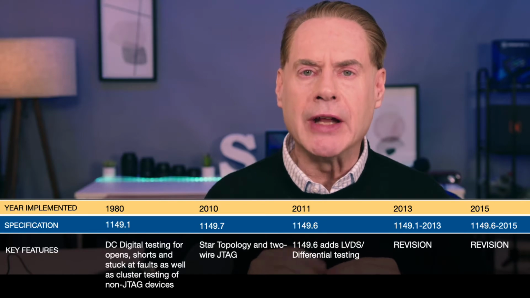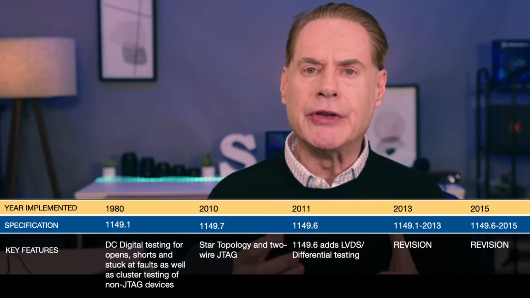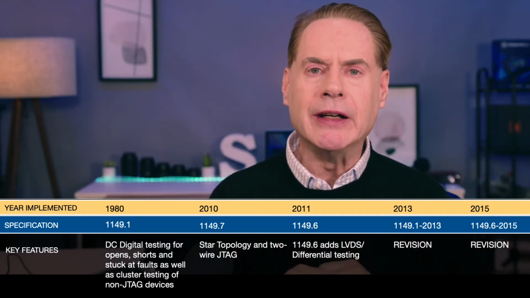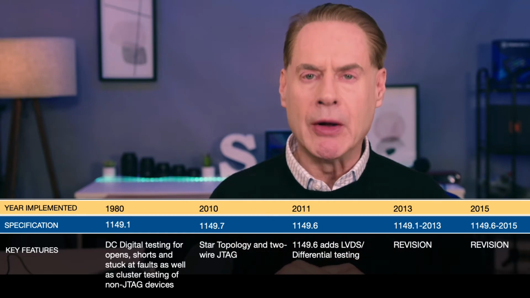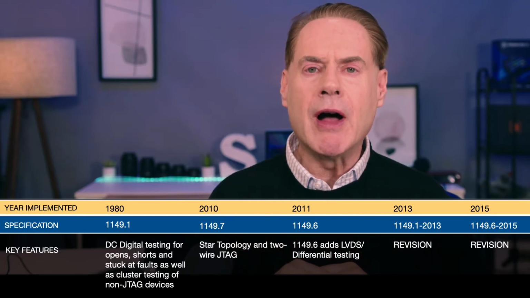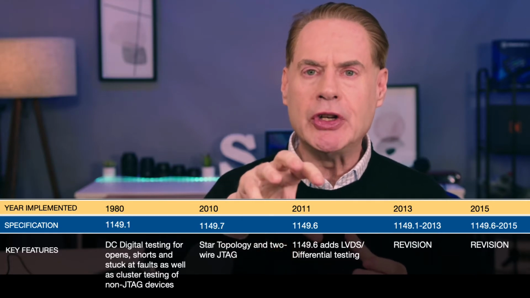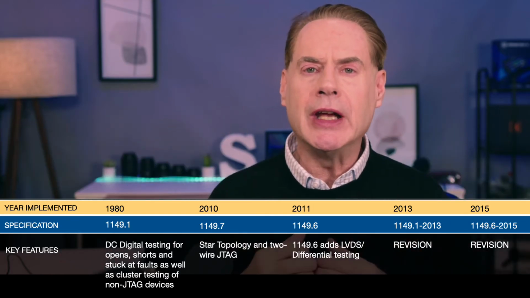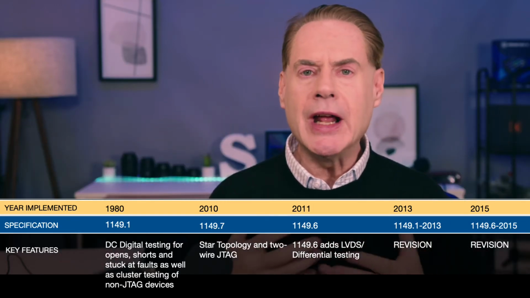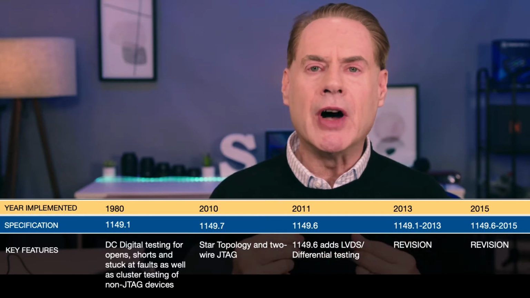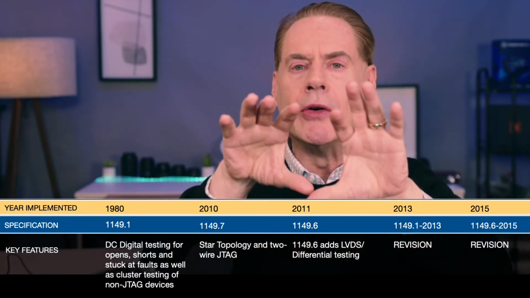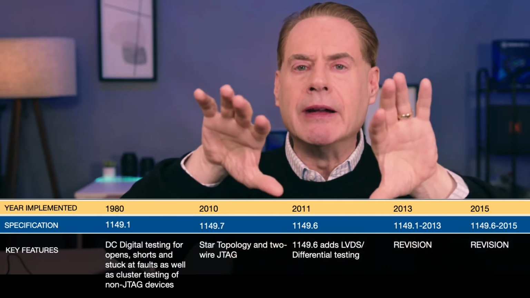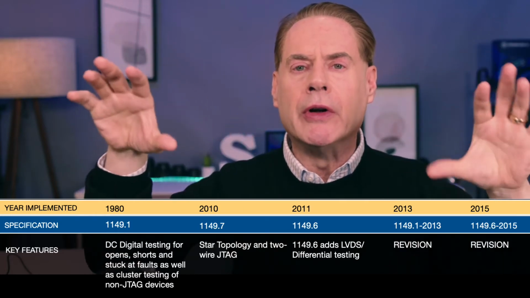So companies got together and said, let's build a methodology that actually uses the device and does testing out from the pins while it's on the board. That is how 1149.1 boundary scan was created. The general idea is once you have a state machine in a device that allows you to control the pins and send data out and read values in, you basically have a test entity. And the standard is all about taking control of the device and isolating the internals of the device, be it a processor, an FPGA, or whatever it may be, and using those cells to control and interface with the outside